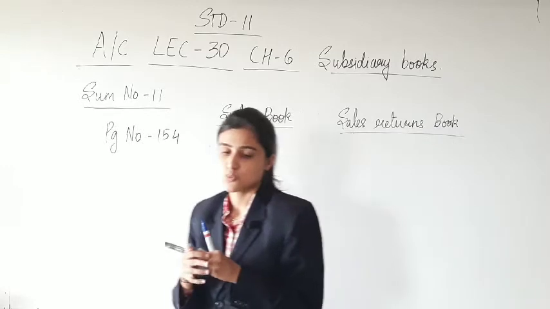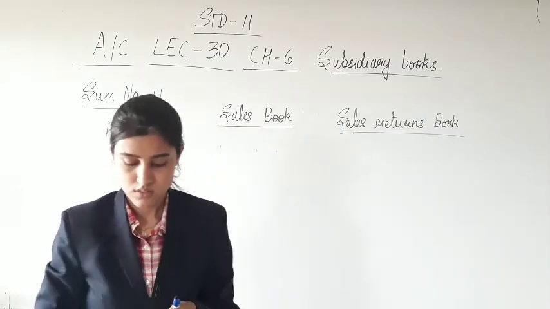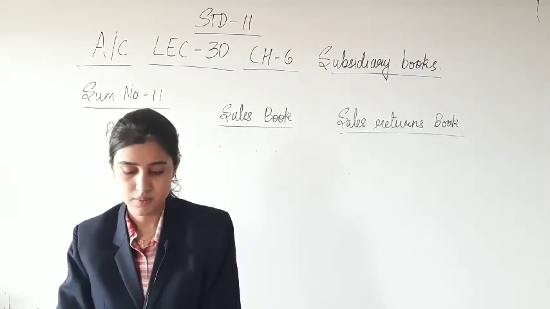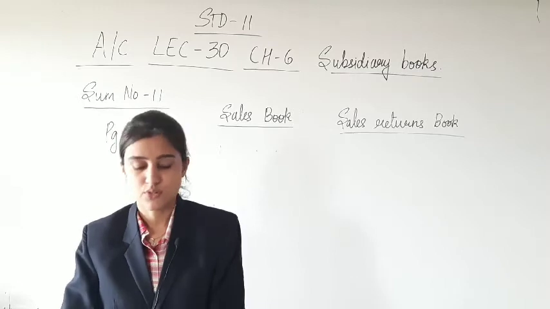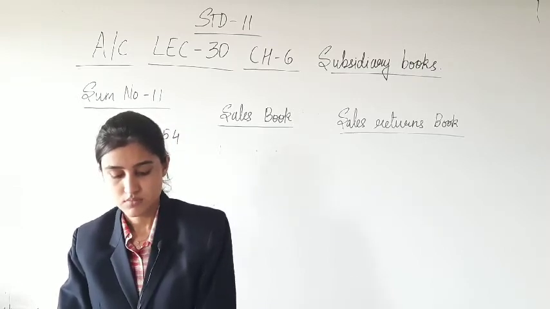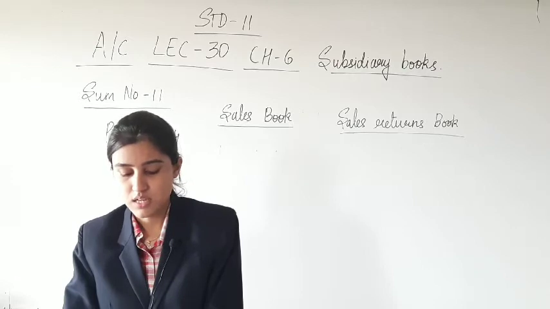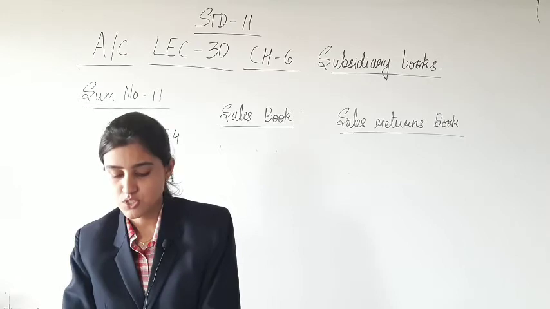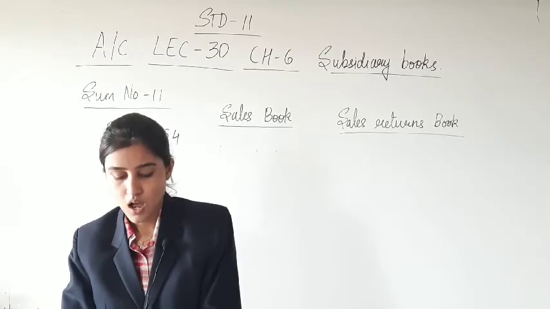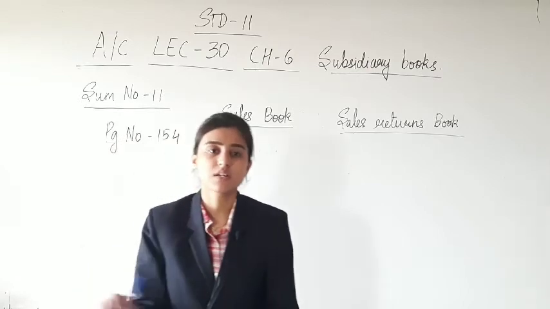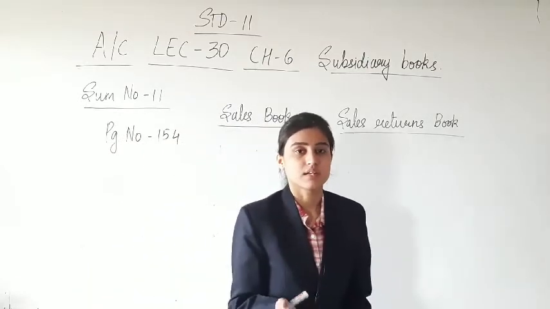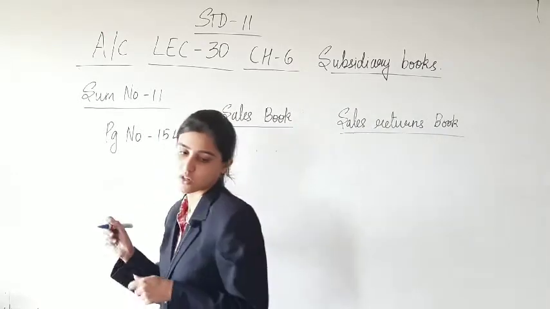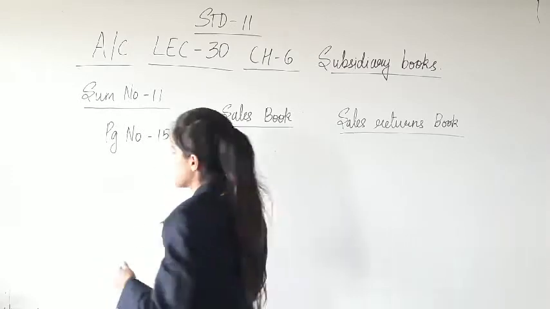The two books we are supposed to prepare, in the books of Pratibha Furniture Mart. 2018, 1st of September, goods of rupees 10,000 at 10% cash discount sold to Rajesh Furniture Mart. He has paid half amount, partial cash, partial credit. So the entire transaction will be treated as a credit transaction, and the name of the customer, that is Rajesh Furniture Mart,